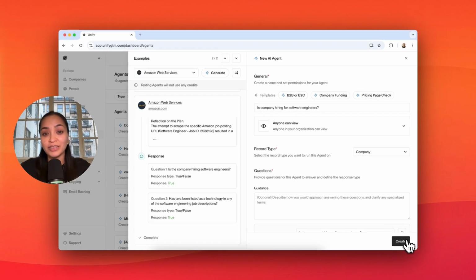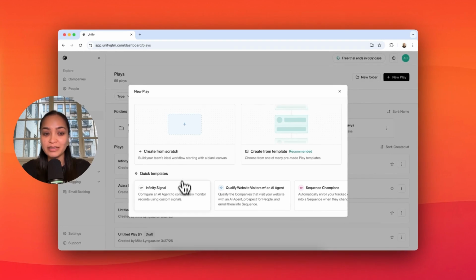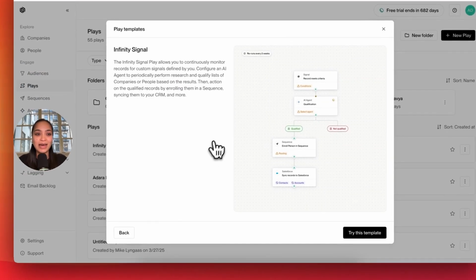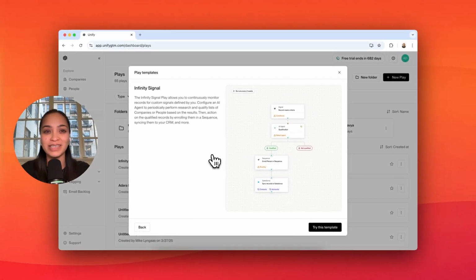We can create this agent and use it in our play. Let's create a play following the template of an infinity signal. An infinity signal in the Unify world is a signal like an AI agent that's always on and that is encapsulating any qualification criteria that you may have as a business. That way, this isn't constrained to a static signal like website visits, page views, form downloads, etc. You can turn is hiring for Java engineers into a signal, and you can run this play and let it